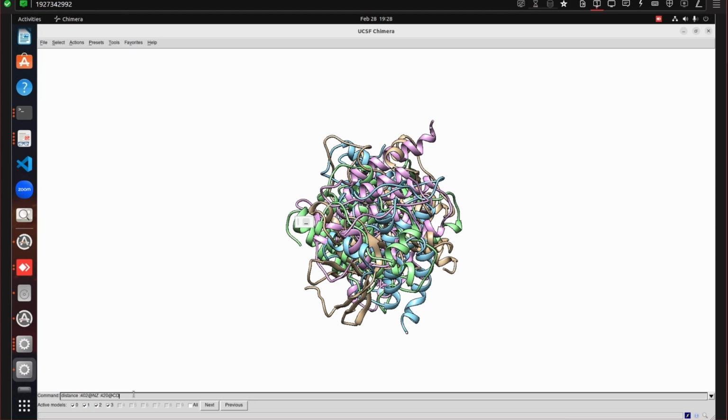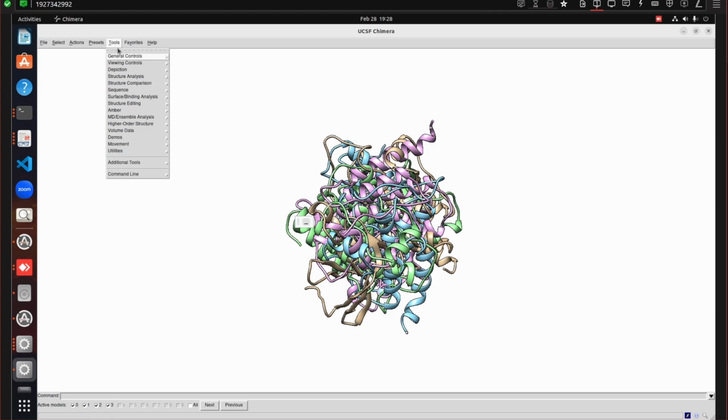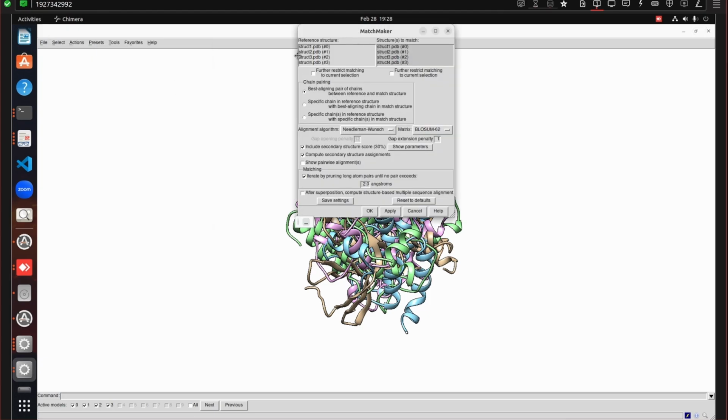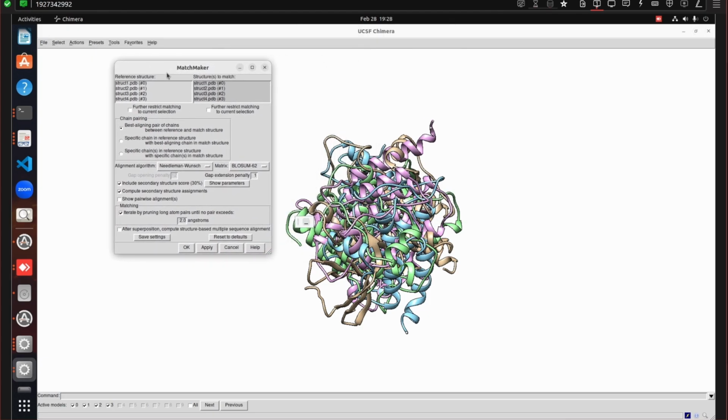So here in this tools option, you will find for Chimera there is something called structure comparison tab. Then there will be something called matchmaker. Now through this matchmaker, you can align the different structures with respect to a reference structure. For example, here on this side, if you have structure 0 or hashtag 0 or structure 1, which I opened up first, if you take that as the reference structure, and let's say align structure 2,